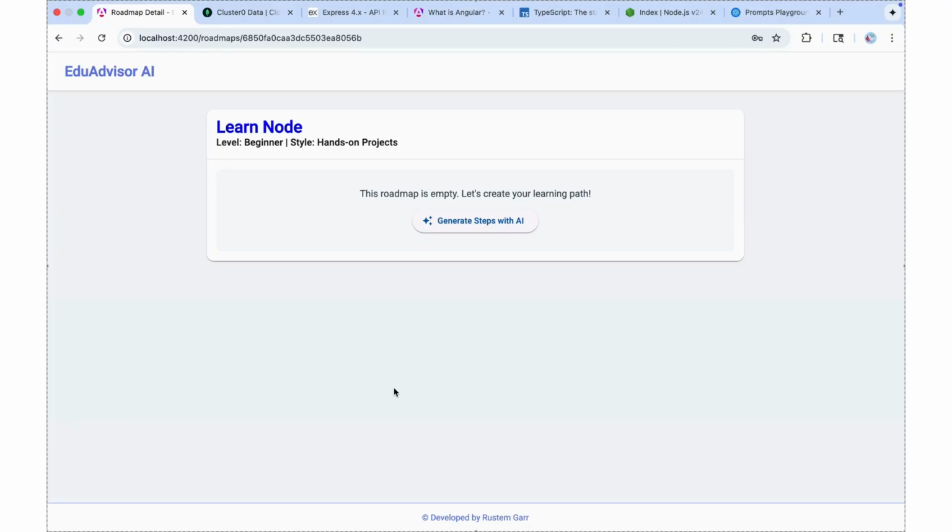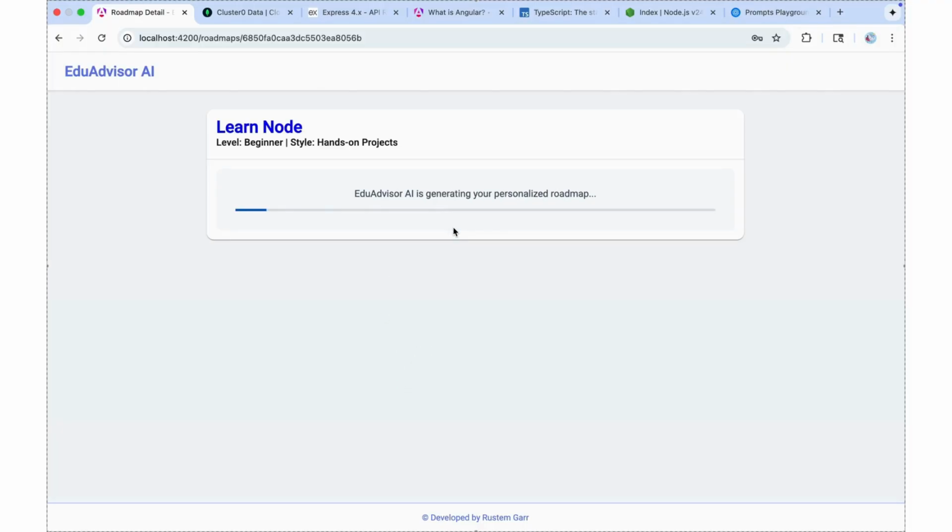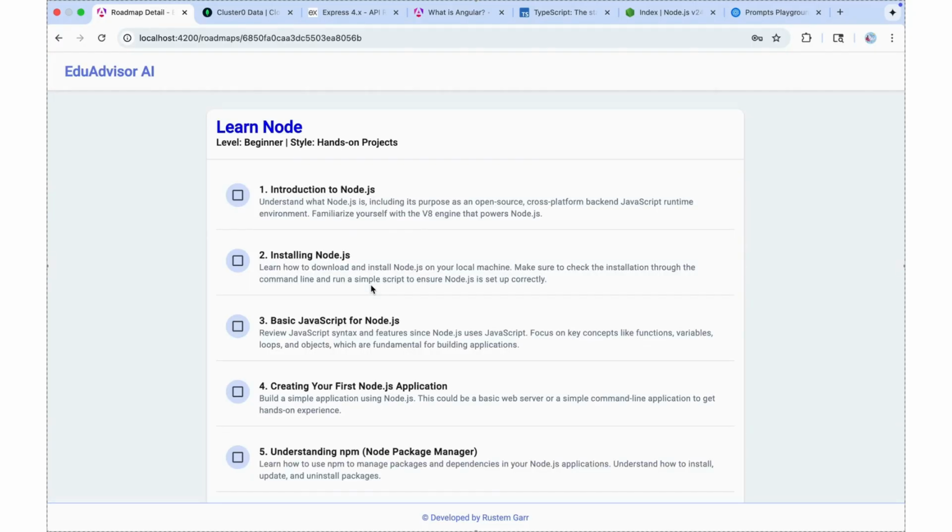The app has created my new roadmap. Now for the cool part. Right now, the AI is looking at what I want to learn and how I like to learn. So the roadmap it creates for me won't be generic. To build this personalized plan, it is searching its special library based on the latest, trustworthy and up-to-date resources of